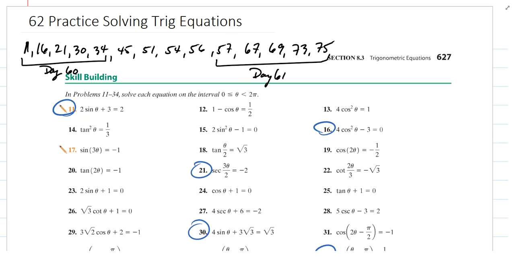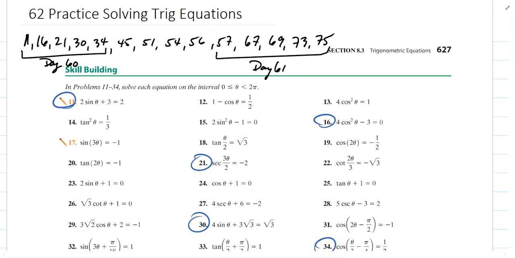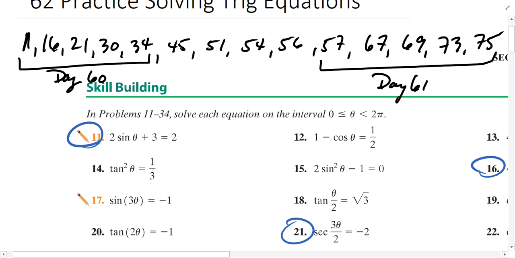Okay, in this video, I'm going to walk through several more trig equations, solving trig equations. The ones that I've selected to discuss or at least look at are in this list here, 11 through 75. And this first group of five and the last group of five are the optional homework assignments that I gave